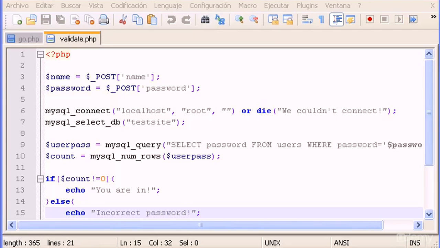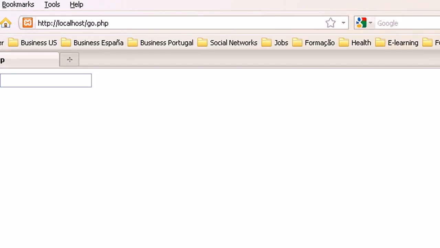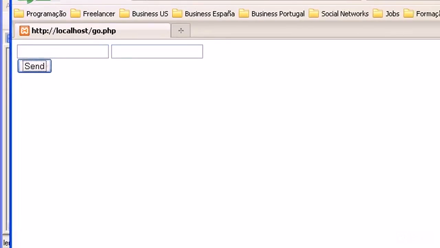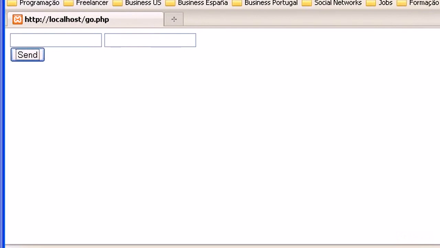SQL injection. So what is SQL injection? Probably you guys heard a lot about that already on the web and related to hacking. So SQL injection basically is when you have a form like this one here. Let me show you. When you have a basic form, or register form, or login,